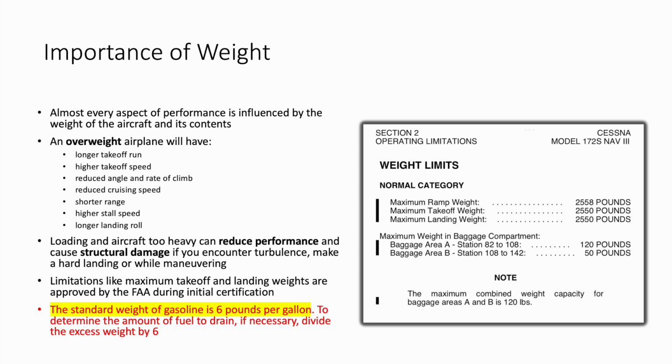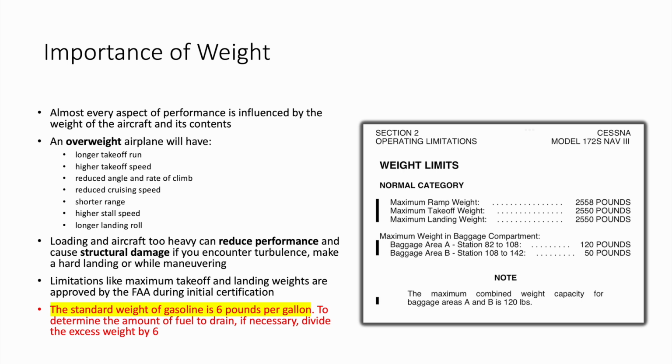So, importance of weight. In Section 2, you have your limitations, so it's going to tell you your maximum takeoff and landing weight, things like that. The reason why we have limitations is because an overweight aircraft can be an overstressed aircraft. It's going to have a structural limitation, so you don't want to damage the aircraft. You're also going to have a decrease in performance. So, a longer takeoff roll,